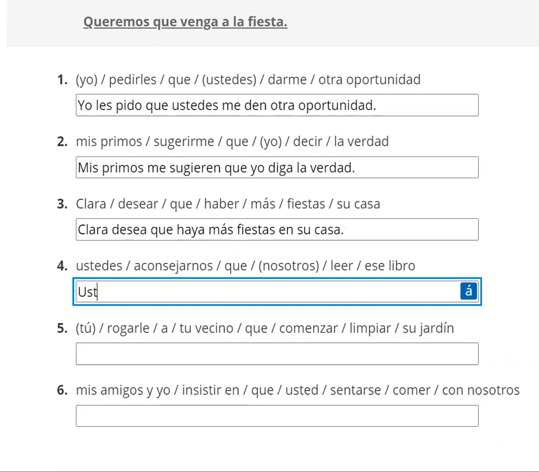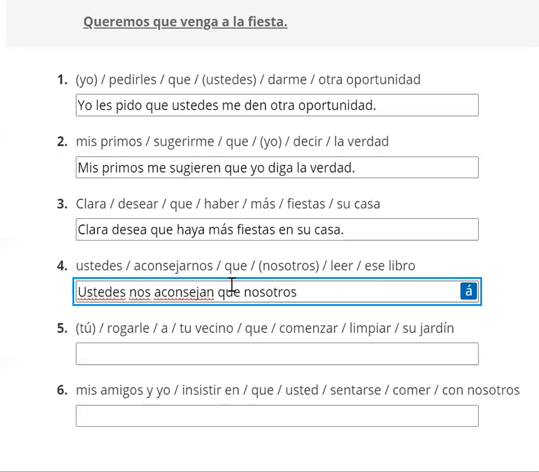Ustedes is our subject here. And they are advising us. So you guys are advising us. So let's conjugate the verb, aconsejan. That's going to be the indicative because we have to have a trigger in the indicative first to tell us to use the subjunctive. So, and they're going to advise it to us. Indirect object pronoun goes before the conjugation. Ustedes nos aconsejan que